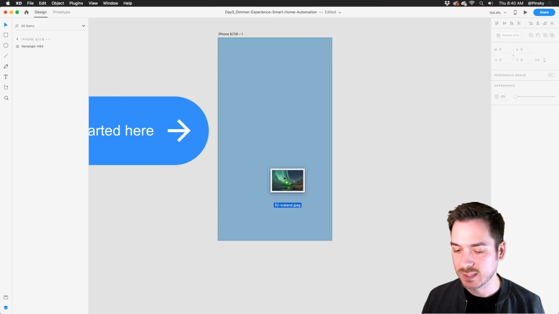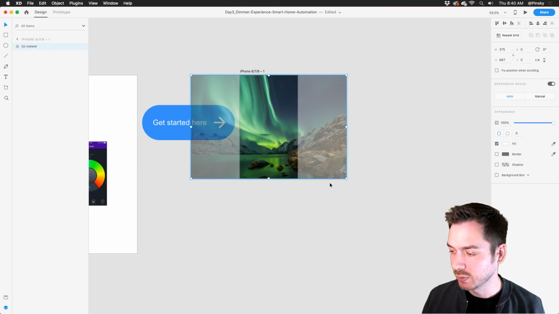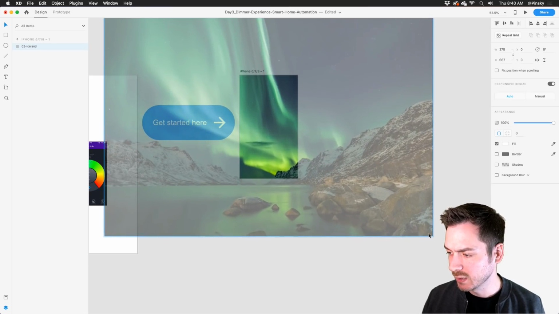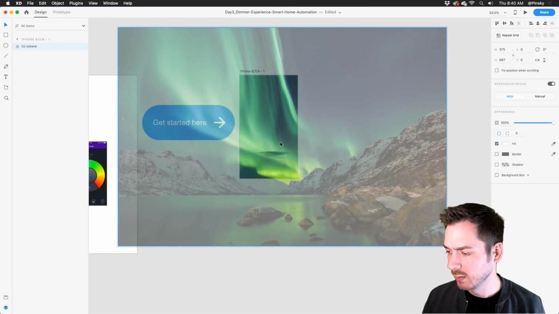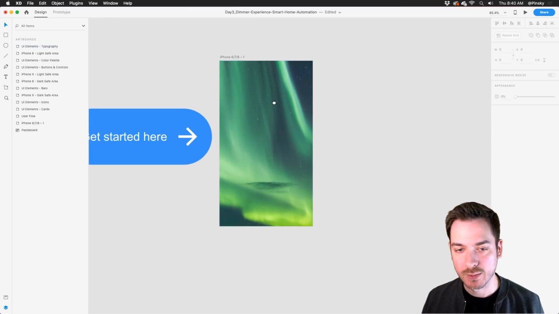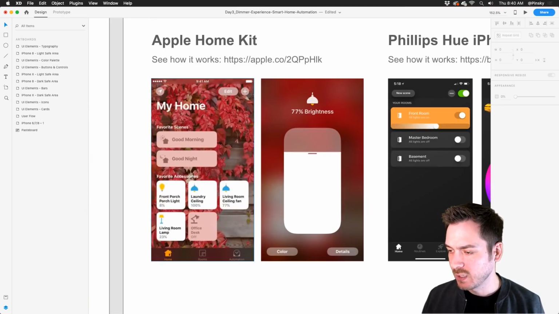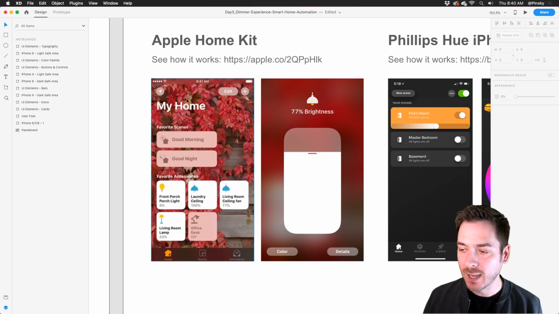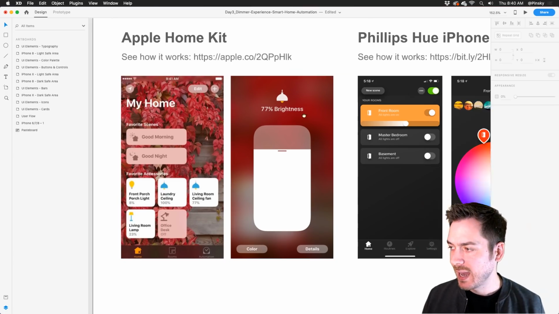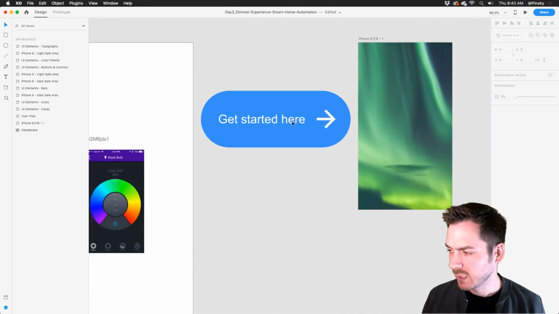So the cool thing about masks is I can just drag it into Adobe XD, and it highlights in blue, and I pop it in there, and it automatically fits it in that shape. Then I can easily double click on it, and let me make it nice and large so it's mostly just the green. There we go. Bam. So I have this cool little background that we're going to be working with, and it kind of lines up with the one on iOS, which has a nice little background in it. So we're going to combine what we have in iOS and what we have in the Philips Hue app for this